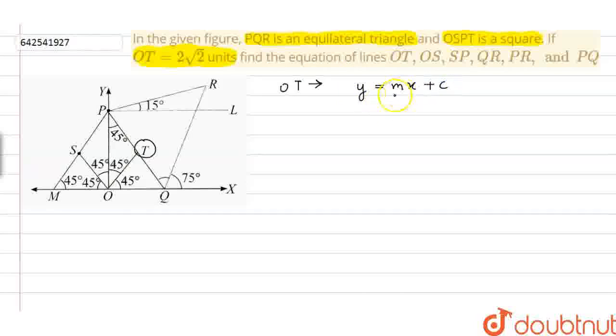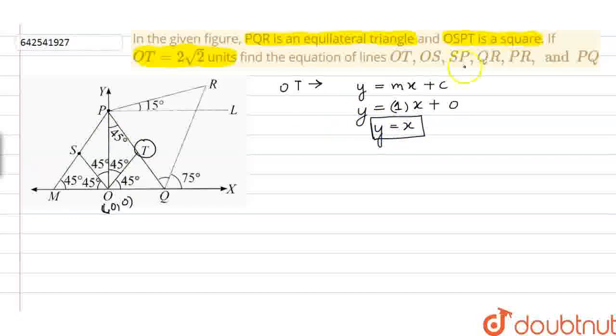In this case, the value of theta is 45 degrees and tan 45 is equal to 1. So if we write the value of m as tan 45, that is 1, multiplied by x plus c, right? And c is 0 in this case because this line is passing through the origin, if we assume the coordinates of point O as 0, 0, right? Now this becomes 0, so we can say that the equation for line OT becomes y equals x,